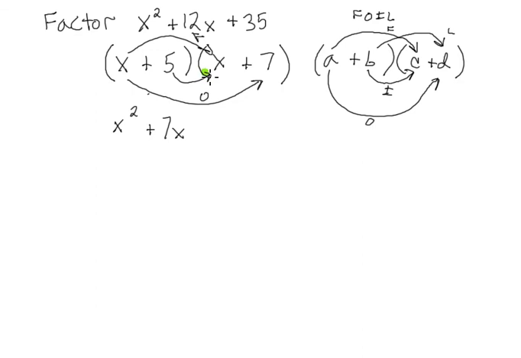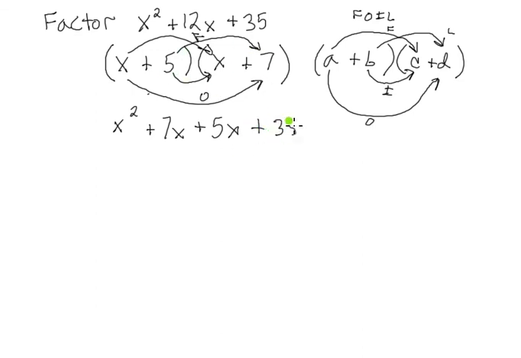We'll go ahead and write that out, and we'll have positive 5 times positive x, so that's going to be positive 5x, and then multiply the last two terms together, and we have